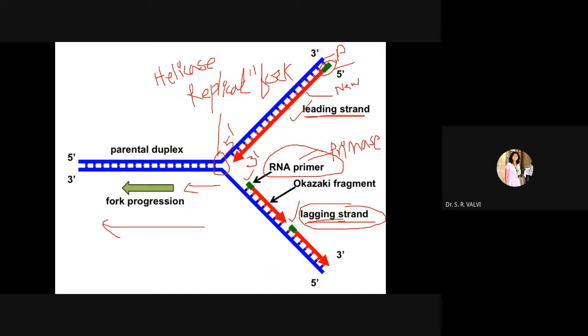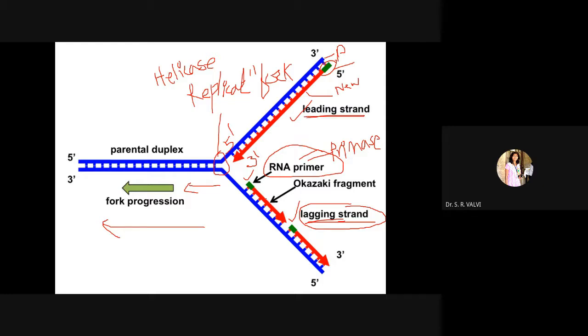Here, if you are observing, there is no patch-like work. Here we are observing two-arrow-like structures, while here there are no such arrows; a continuous line is there, right? This means the newly synthesized strand is continuously synthesized on this parental strand. Whereas in this one we are observing very small replicas of this DNA, and because of this, this strand is called the lagging strand.